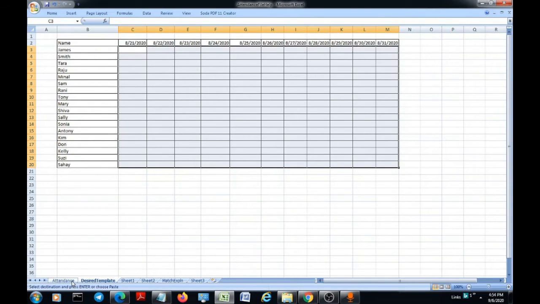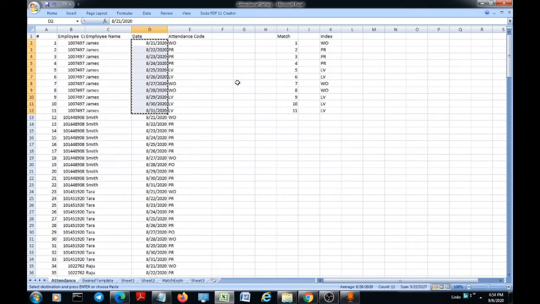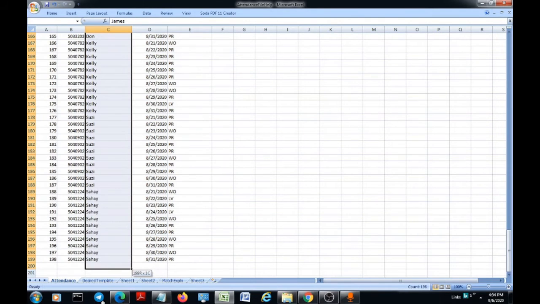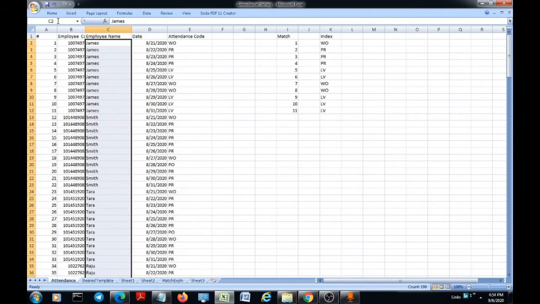After this, what we need to do is create ranges for the data. Select all the names here and give it a name. For the sake of simplicity, I'm giving the range name as names.